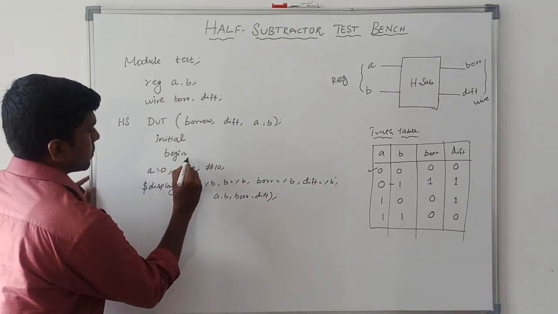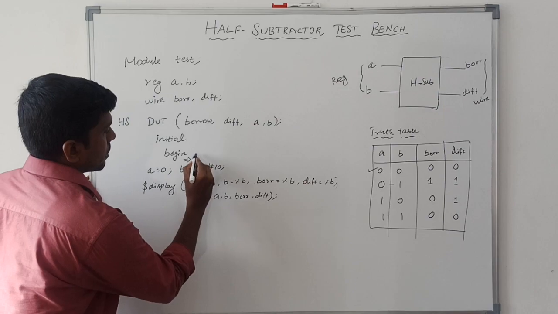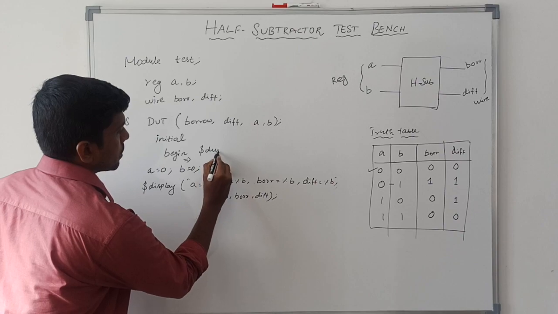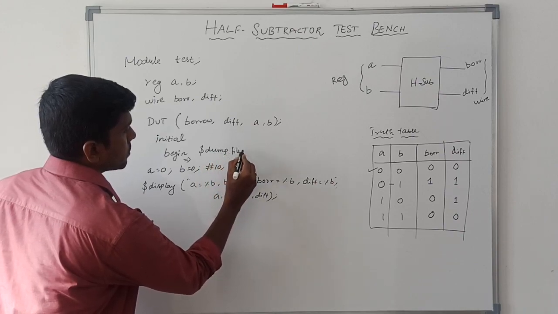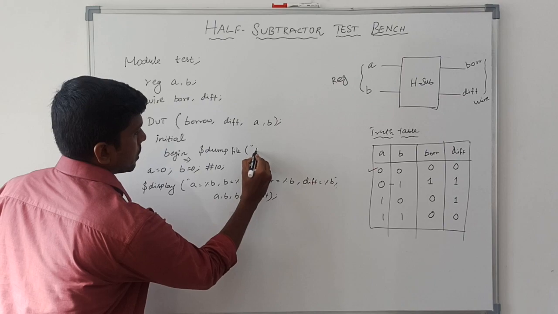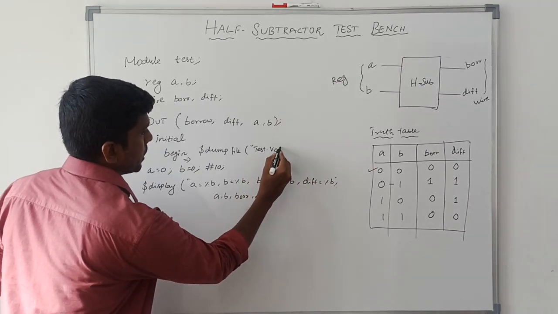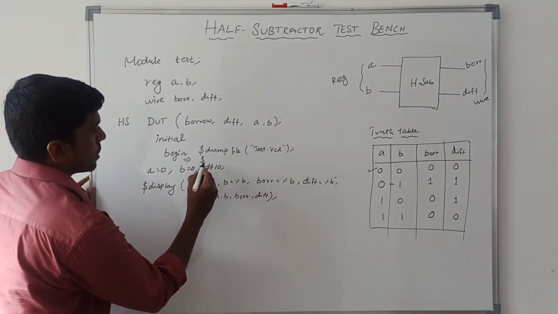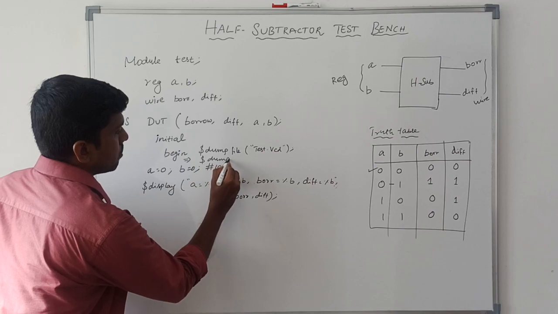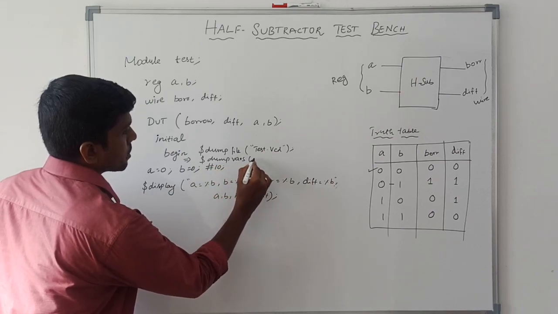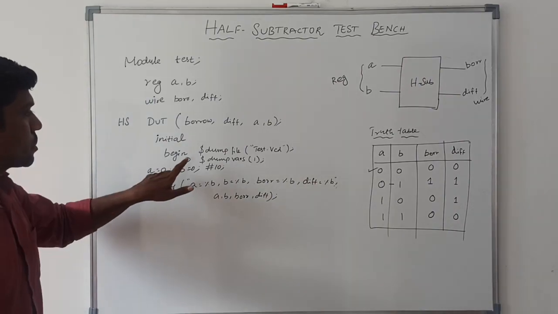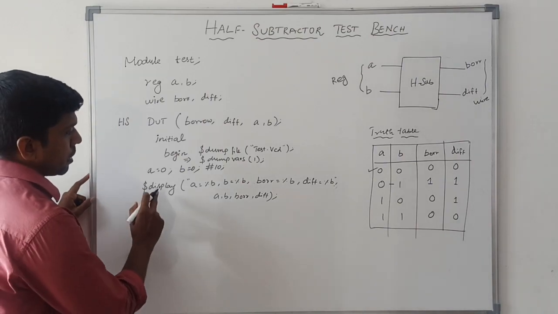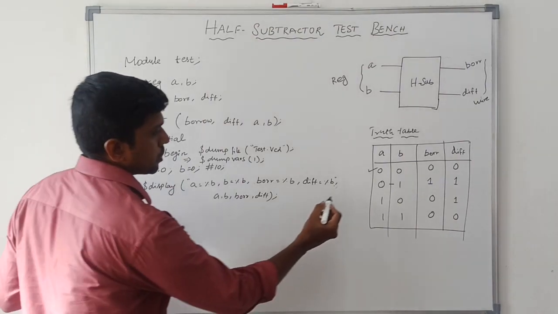Before that, here we can write two instructions for simulation purposes. $dumpfile test.vcd, which is the file name for the simulation. Then $dumpvars 1. These two statements are declared below the begin statement. So first input is over, then come to the second input.